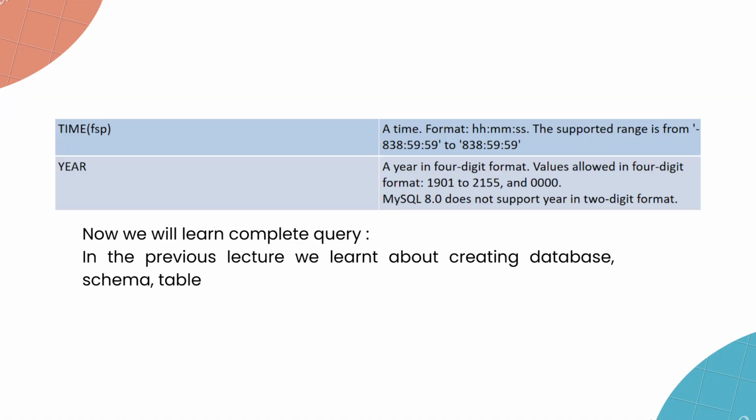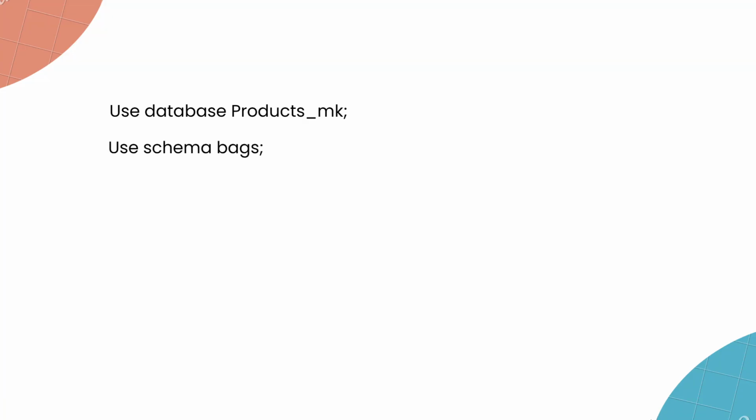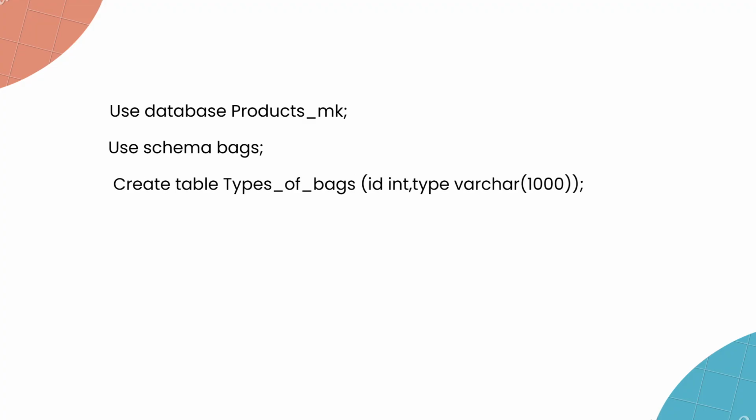Now we will learn complete queries. In the previous lecture we learned about creating database, schema and table. USE products_mk; USE bags; CREATE TABLE types_of_bag (id INT, type VARCHAR(1000));